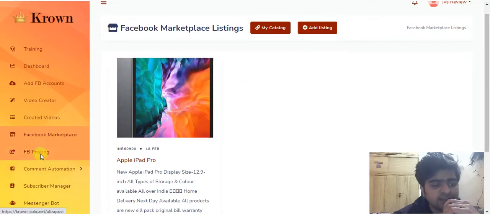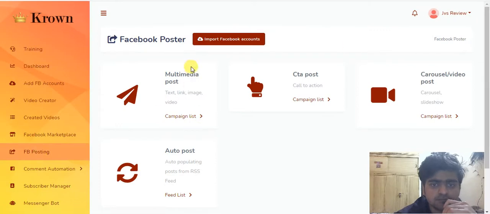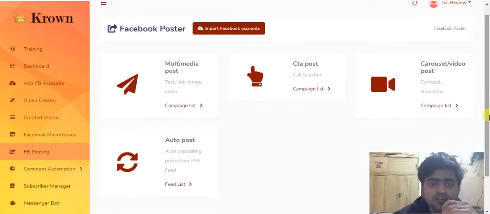The next thing is Facebook posting. You can see you get multiple options: multimedia post, CTA post (call to action post), carousel, video post, and auto-populating post from RSS feed.